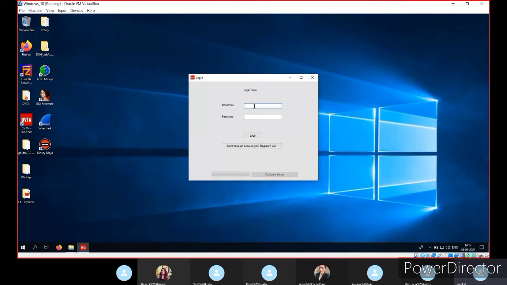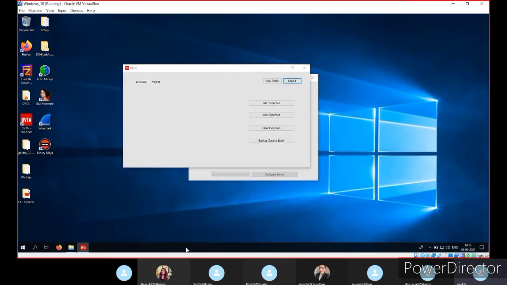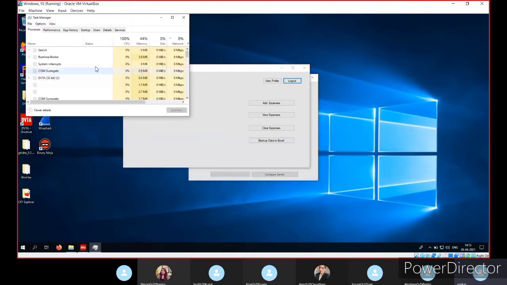So okay, when we are trying to log in, this information should not be stored anywhere. For example, I am logging into this application, and now you can see I'm logged in. So you can take a dump of this particular running process. This can be done using Windows itself. We don't need any other tool for this.